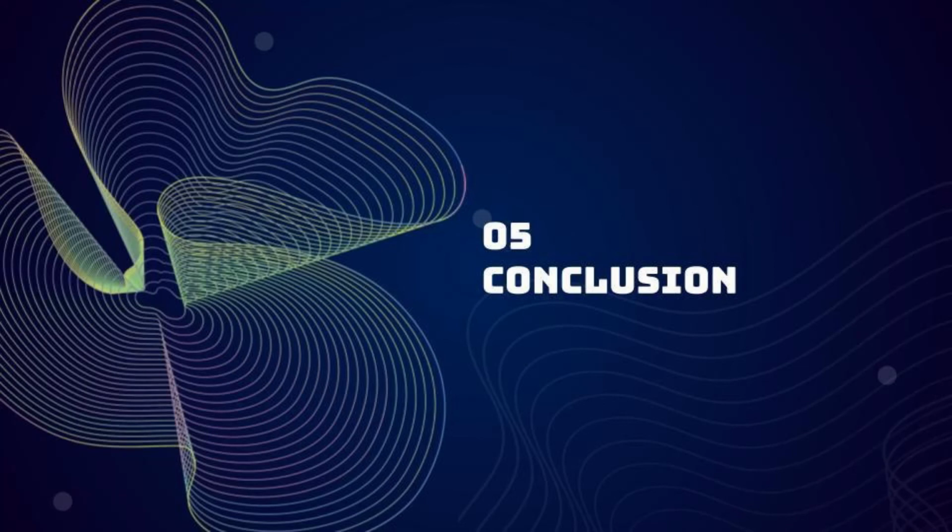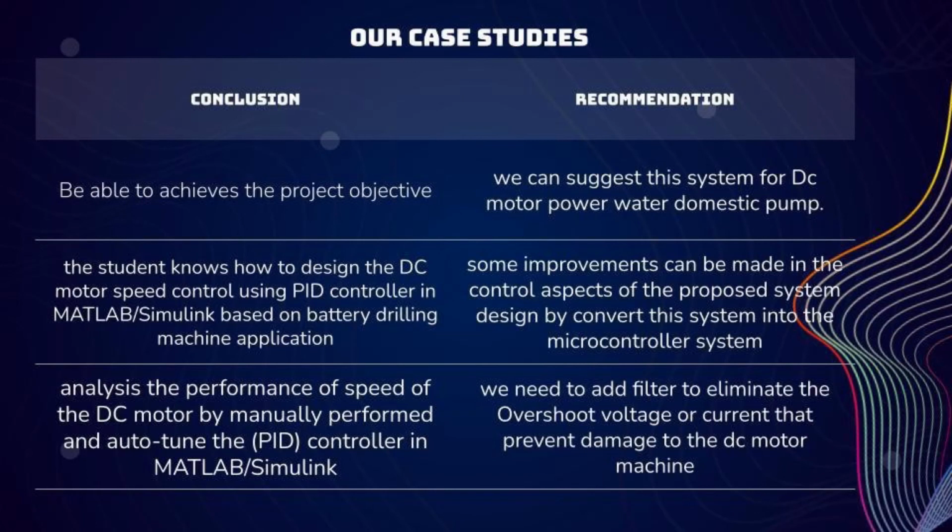Lastly, for our project conclusion, we were able to achieve the objective of this project. We were able to design the DC motor speed control using a PID controller in MATLAB based on a battery drilling machine application. Moreover, we were able to analyze the performance of the speed of the DC motor by manually performing and auto-tuning the PID controller. Lastly, for the recommendation, we can suggest this system for a DC motor powered water domestic pump, and